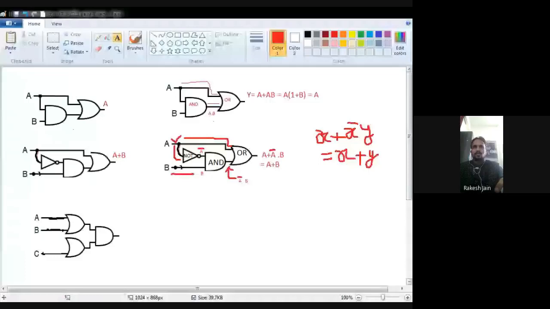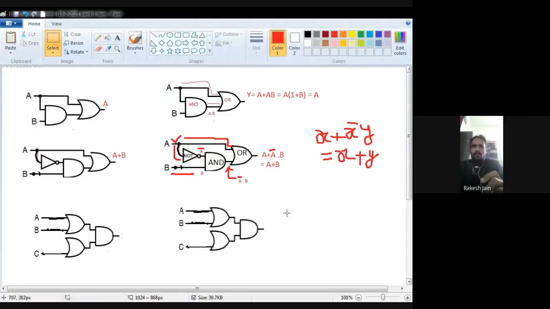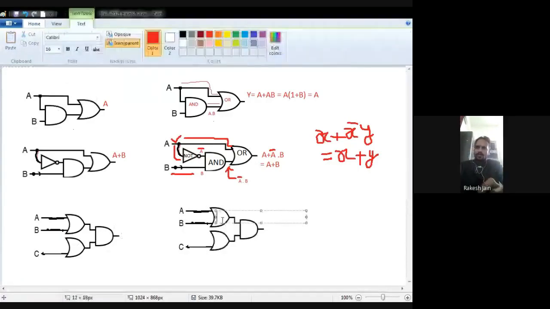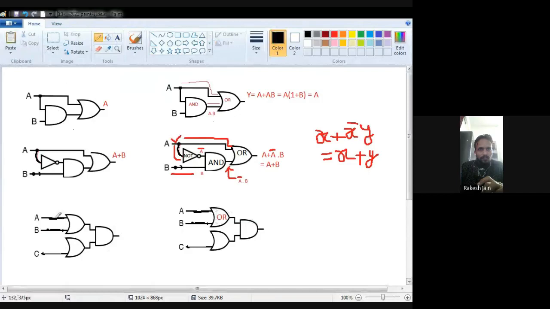Now the third expression. For the third case, I just copy and paste this diagram at the right hand side. Now see very carefully. First of all, we should know about the logic gates. So this is your OR gate. Where is the second input? One minute, I just check it. One is A actually. So this diagram is incomplete. First of all, I just complete this one. This is the diagram.